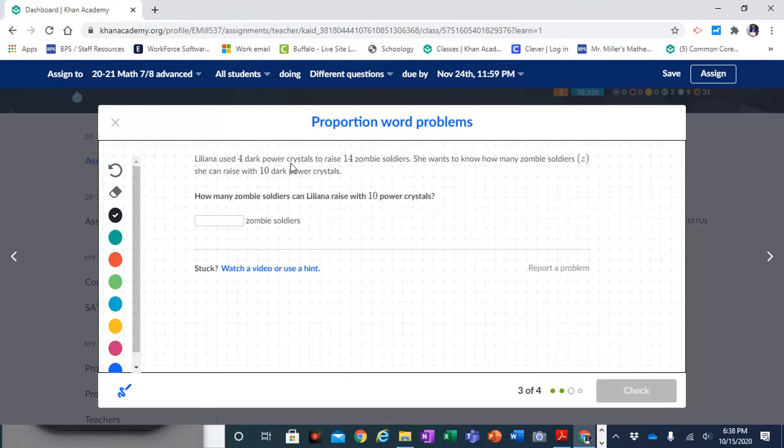Lillian used 4 dark power crystals to raise 14 zombie soldiers. She wants to know how many zombie soldiers Z she can raise with 10 dark power crystals. So how many zombies with 10 power crystals? So that means we know the power crystals. So I'm going to, again, do zombies divided by power crystals, because once again, the bigger number was the 14. And they did not specify the order that we had to divide. So 14 divided by 4,